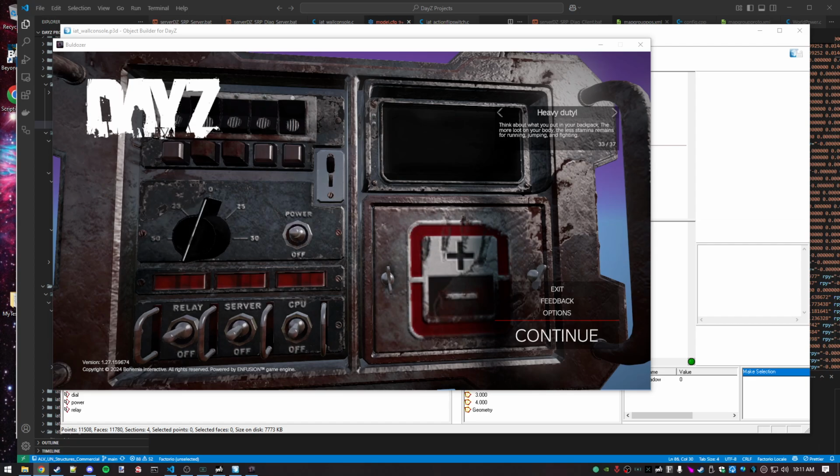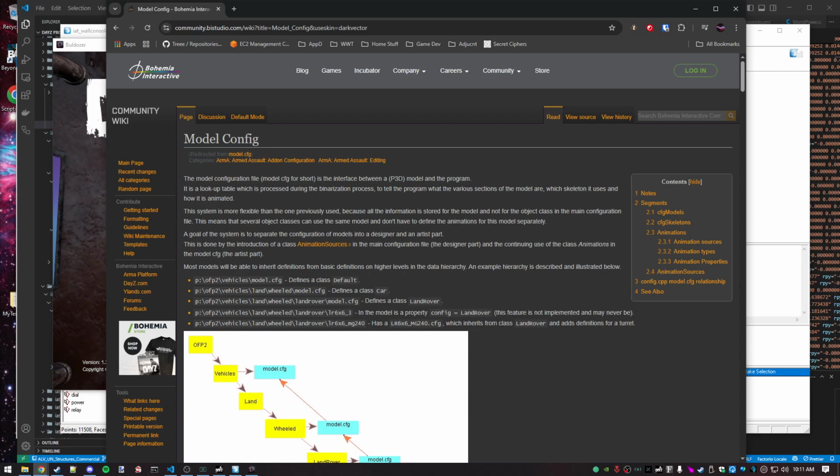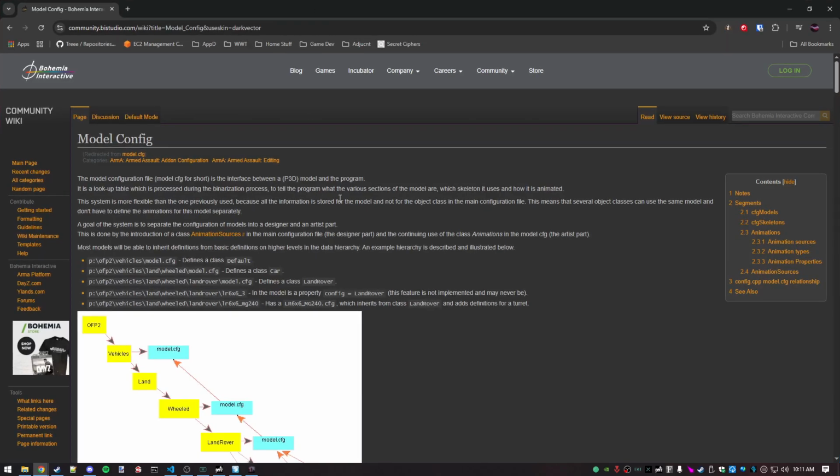Now what I'm going to do here is open up a documentation from Daisy themselves, Daisy model config. Because if you haven't seen this, it's very important. It's basically the documentation on why the model config even exists in the first place. And the TLDR is basically there is something needed in the engine to connect stuff from P3D that's defined on